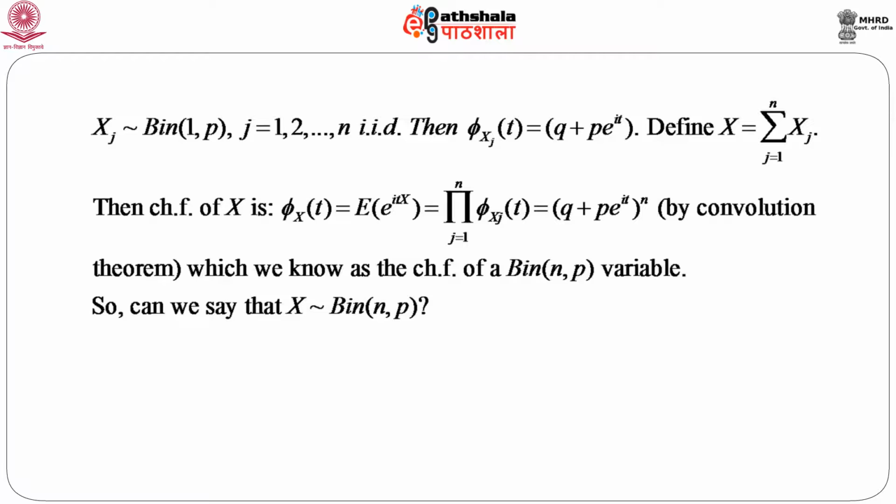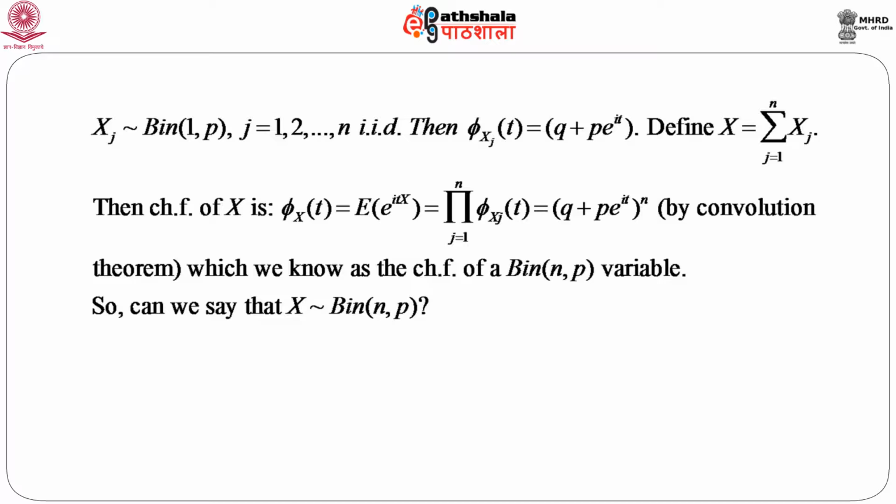Let us define a random variable X, which is nothing but the sum of all these X_j's, that is X_1 plus X_2 plus ... plus X_n. And we have already seen applications of this kind of sum of random variables in statistics. So the question is, is it possible to calculate the characteristic function of the sum of random variables from the characteristic functions of individual random variables? Since they are independent and, fortunately in this case, identically distributed,